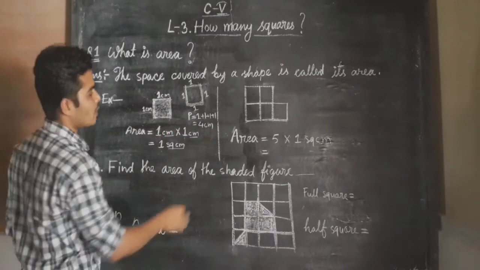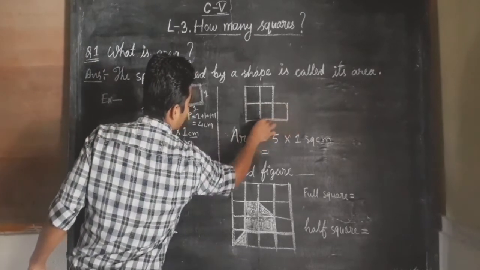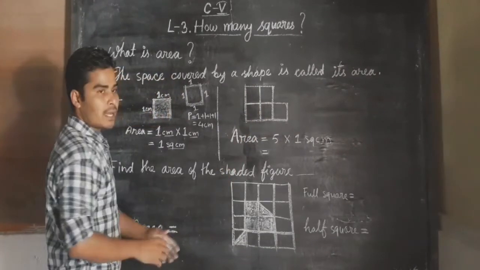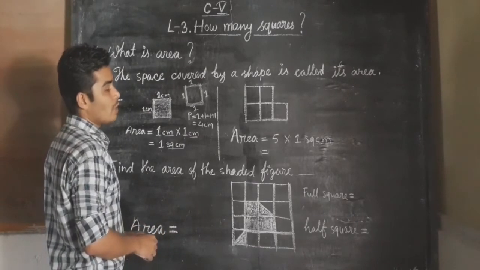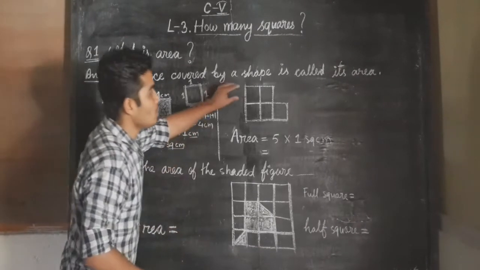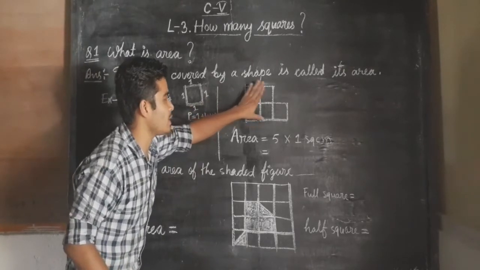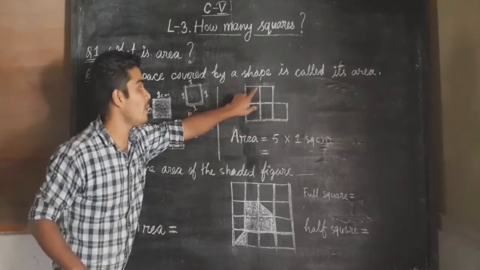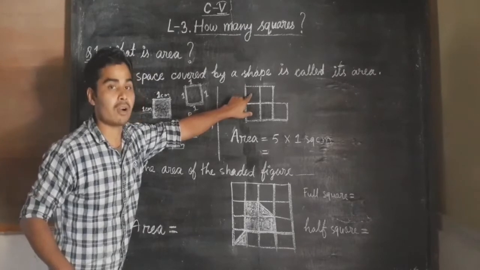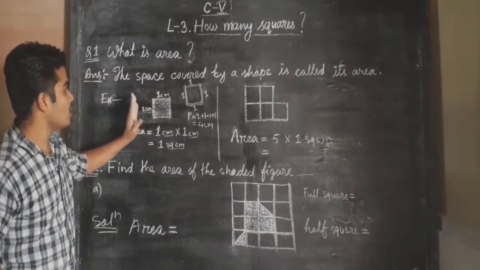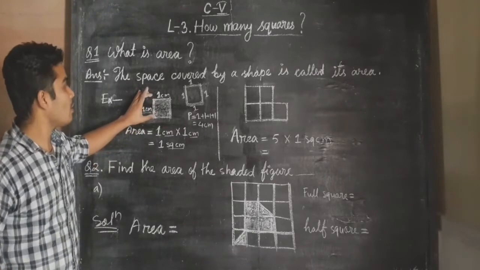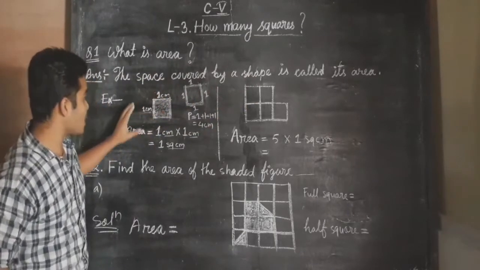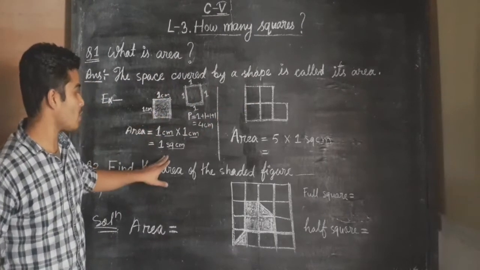Okay, so you can see this example also. This is the figure, and here also I have to find the area. To find the area of any figure, we have to divide that figure into small squares. I have divided this figure into 1, 2, 3, 4, 5 small squares, and each square has an area of 1 square centimeter. You can think that I have taken this square box out from this space. So what was the area of this small square? It was 1 square centimeter.